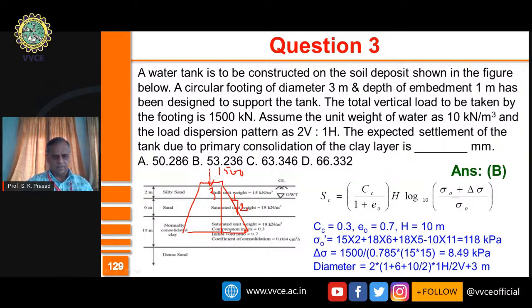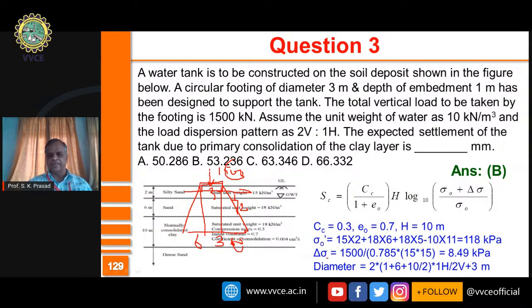Okay. So at 2 is to 1, this will be 6.5. Again, here also, one mistake I did was, it is not at 2 meter depth. The foundation is put at 1 meter depth here. So this is 1 plus 6, 7 plus 5, 12. Therefore, this is 6 meters. This is also 6 meters. This is 3 meters. 6 plus 6 plus 3, 15 meters and 1500 kilonewton. So it is now having a diameter of 15 meters.